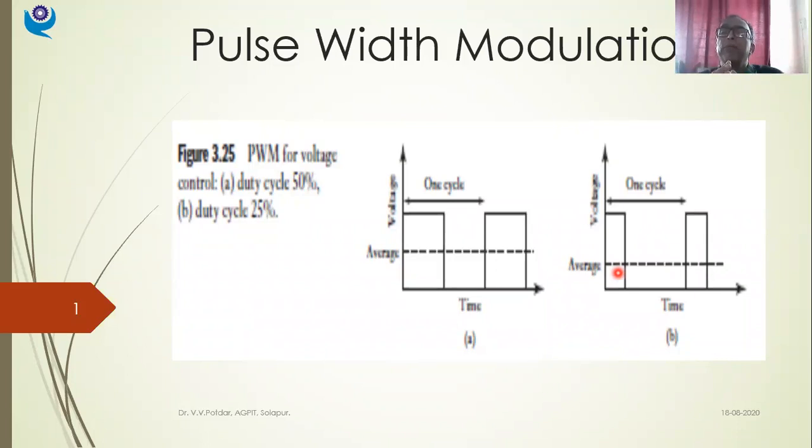Over a period of time, the gain varies as per the input voltage condition. So this is called drifting away from the desired value. That drifting we want to reduce. This reduction in drifting can be done in two ways: first is pulse amplitude modulation, and second is pulse width modulation.